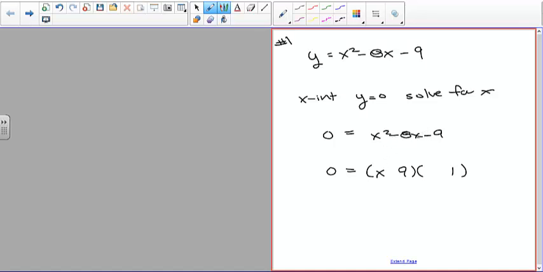Because of the negative sign here, one's going to be positive, one's going to be negative. And it's negative 8, so the negative has to go with the larger of the two. So I get a negative total. So,